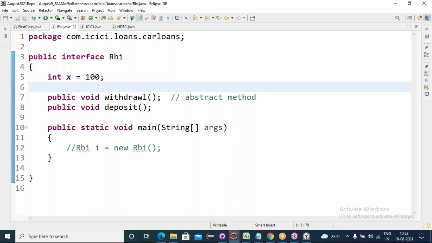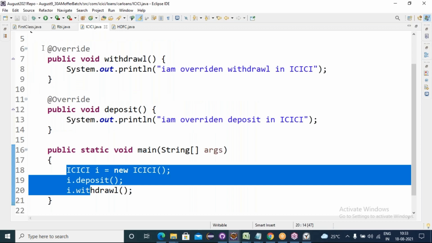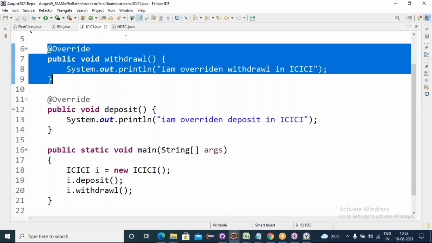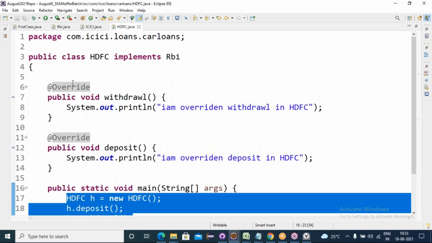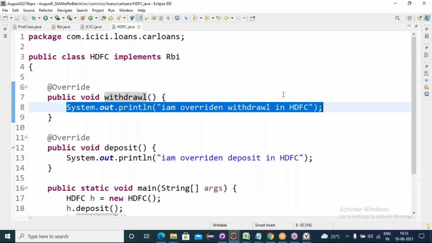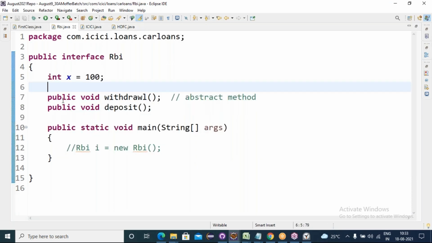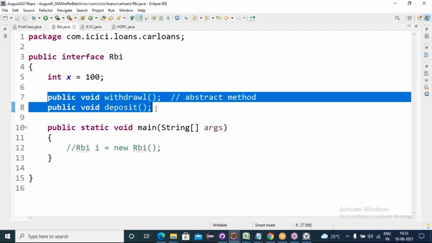Vendor to vendor, requirements vary. See, ICICI has its own implementation for withdrawal, but the service should be withdrawal. HDFC wants its own implementation for withdrawal. The service should be the same; the implementation can vary. Understanding, right? The kind of functionalities you declare as interface abstract methods can be implemented as you like. The service will be the same. Yes or no? See, if you find a red bus, a blue bus, a yellow bus is there.